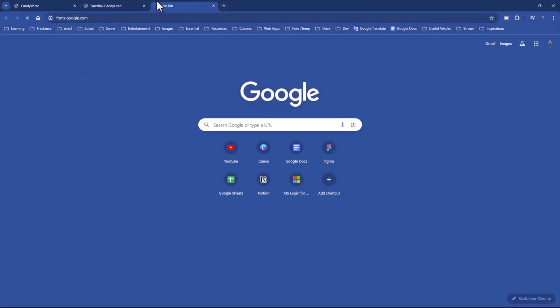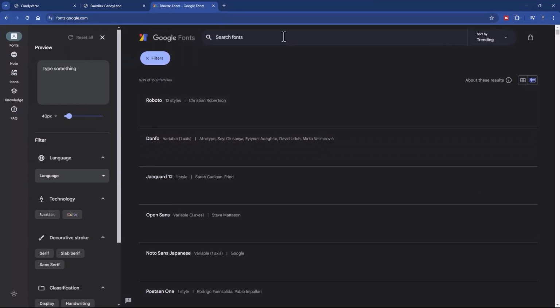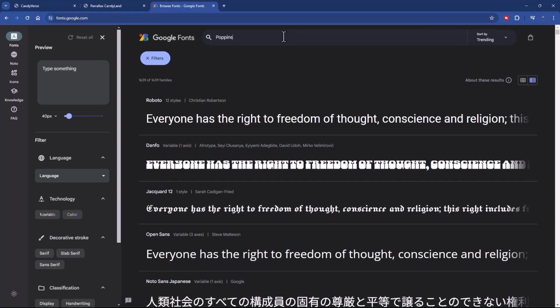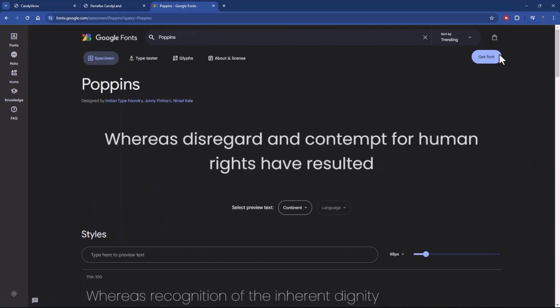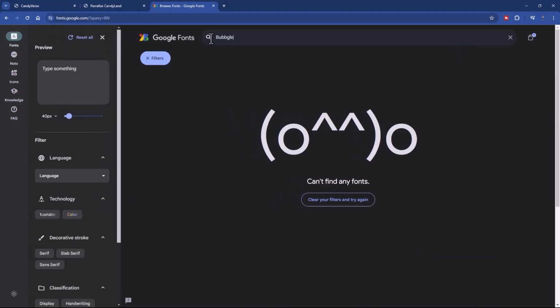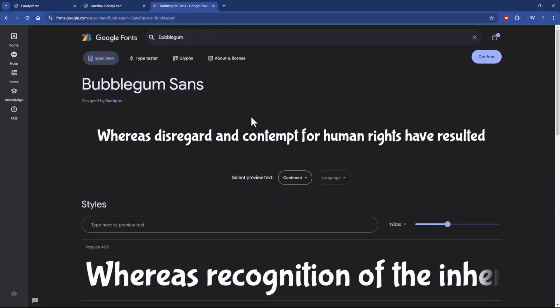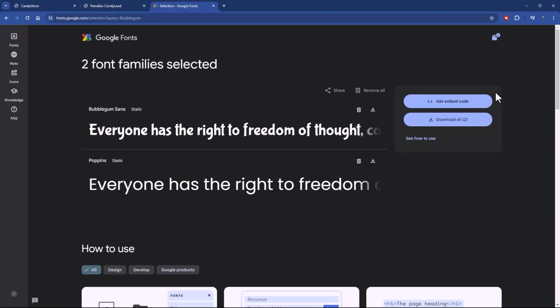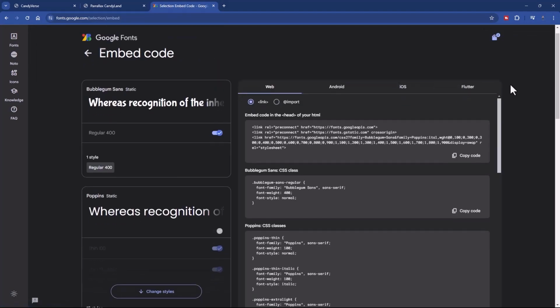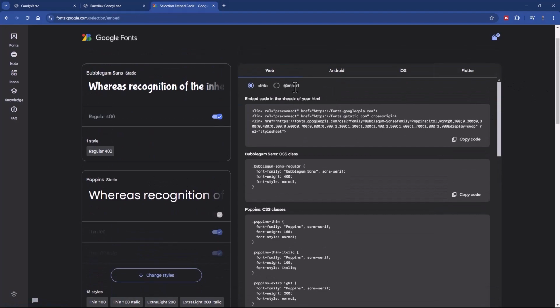So let's go to fonts.google.com and search for Poppins, get font, and another one is going to be Bubblegum Sans. This is one of my favorite fonts. I use it in almost all projects. And let's copy the embed code, import. Let's copy this line